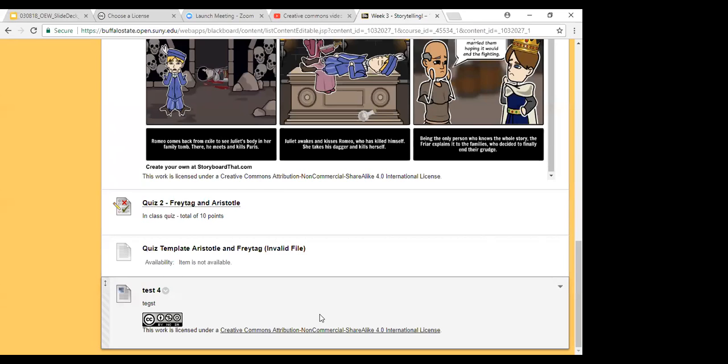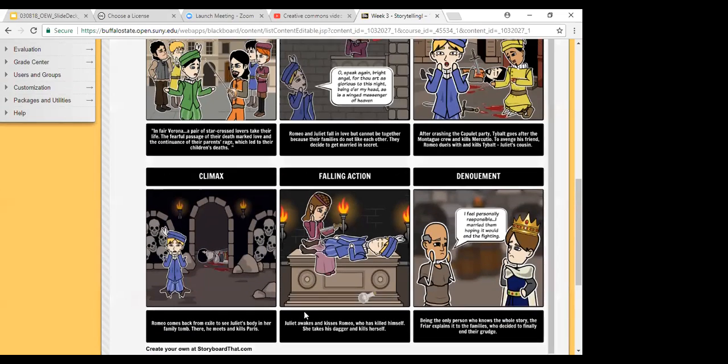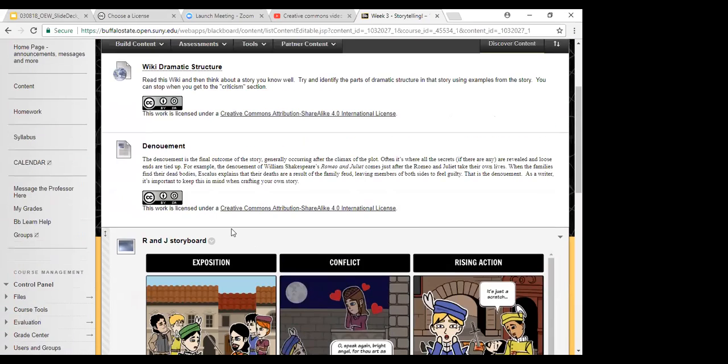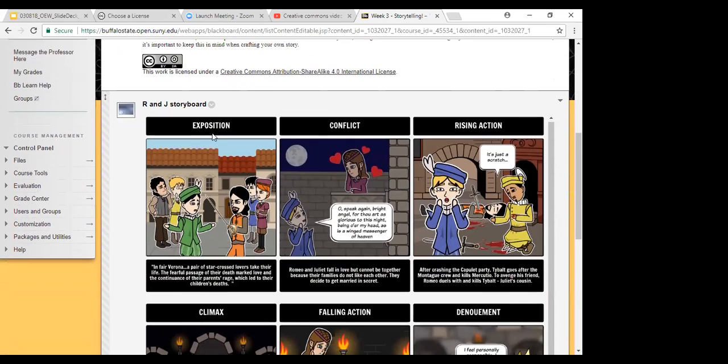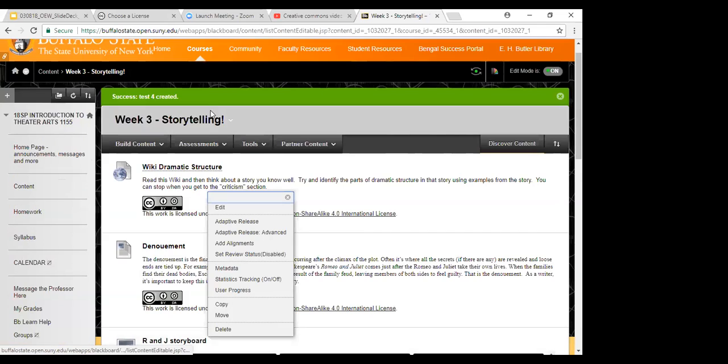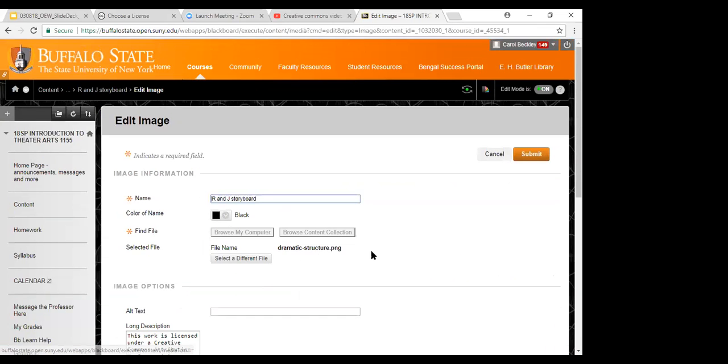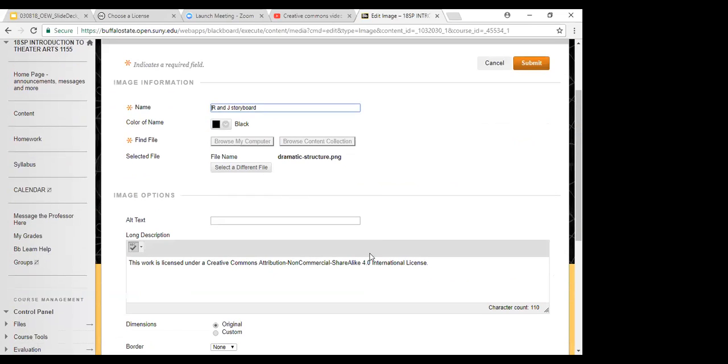One of the things too, for those of you that are in Blackboard, so Carol did an item, but there were a couple places, and I can't remember which one it was, I want to say it was the storyboard, that we uploaded an image, and if I click on edit, it didn't actually have the HTML option, so we just pasted it in and it worked.